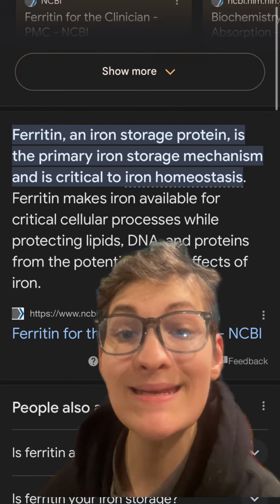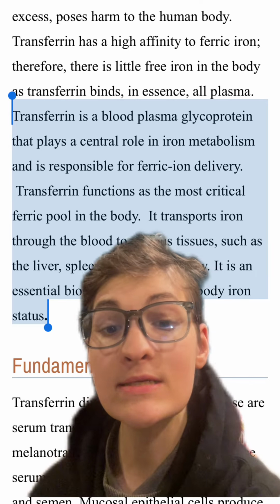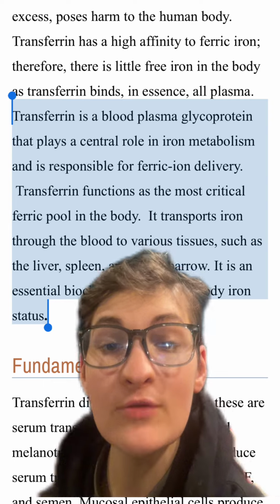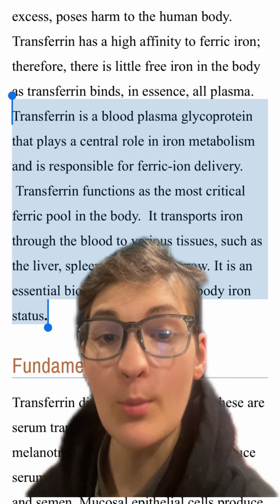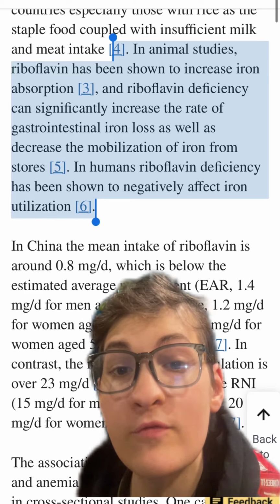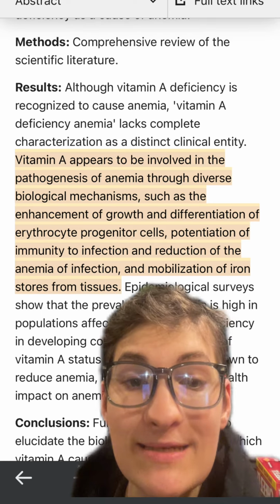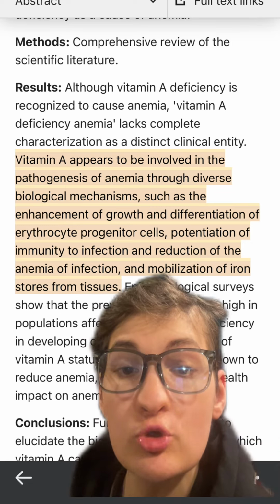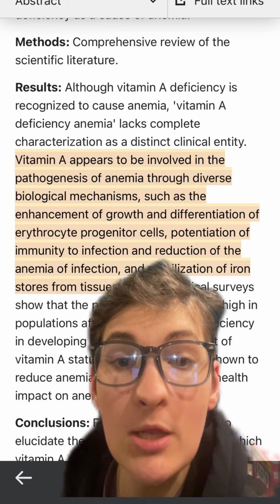Very briefly, ferritin is the storage form of iron and indicates the amount of iron that we have stored in our tissues, whereas things like transferrin, red blood cell counts, hemoglobin, and total iron can give us an indication of the amount of iron circulating in our bloodstream and the amount being used to produce red blood cells and hemoglobin. The reason I say this is because it appears that many micronutrients, including vitamin A, riboflavin, copper, and possibly vitamin B1, play a role in the mobilization and use of iron for the production of hemoglobin in red blood cells. And a deficiency in these micronutrients can reduce iron mobilization, increasing ferritin but decreasing transferrin, red blood cell count, and